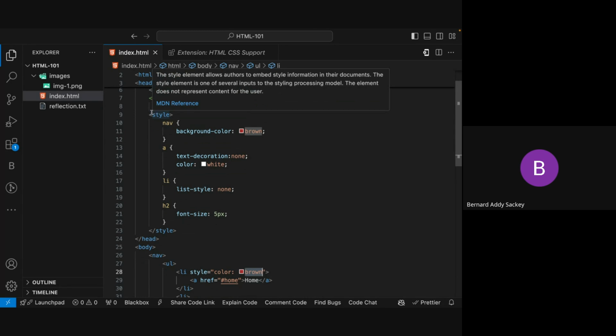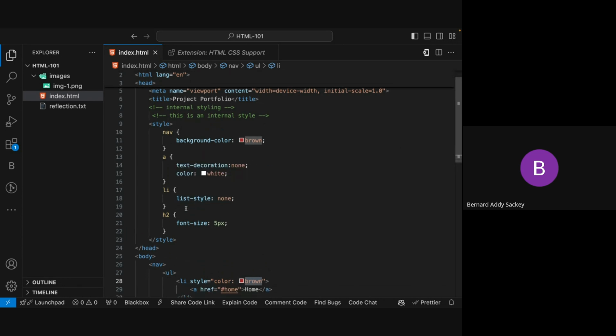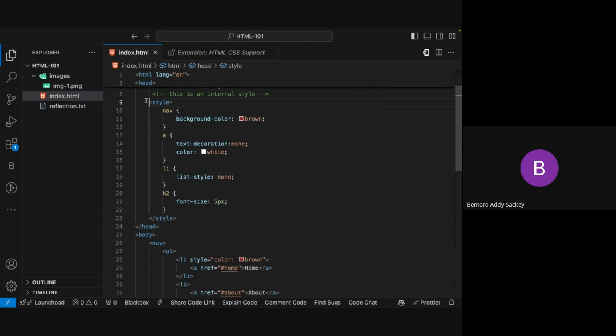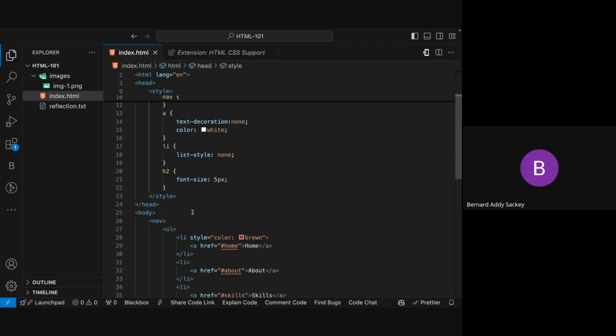And then we have the internal CSS. For the internal CSS, you go into your head tag, you open the style opening tag, style closing tag, and then you define your CSS properties in there. Now, I'll explain the difference between the two, right? One difference between the inline and internal is the inline always has preference over the internal. When I say preference, what I mean is